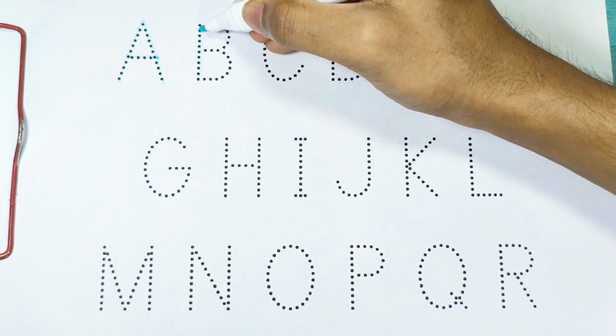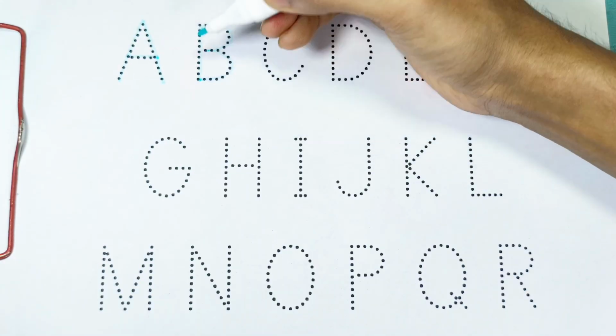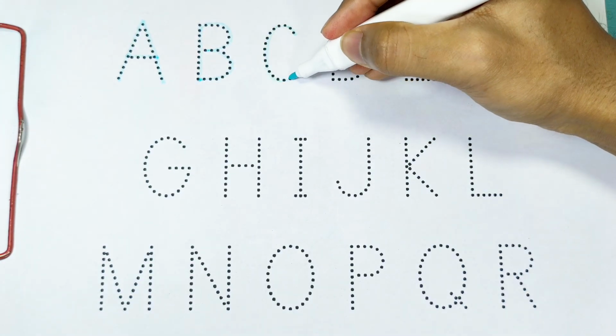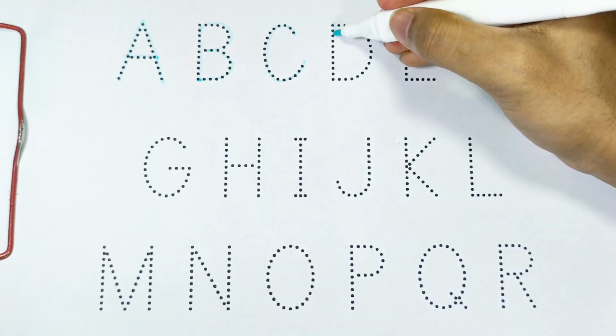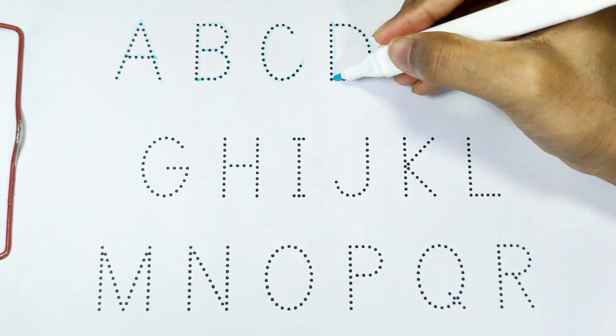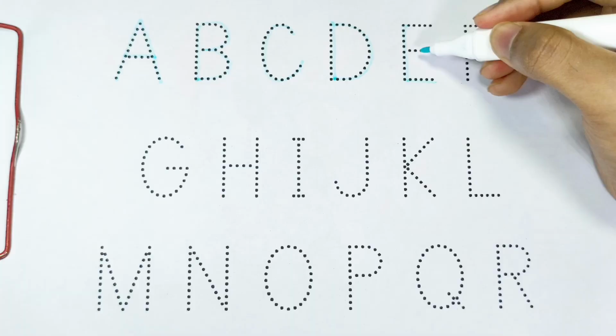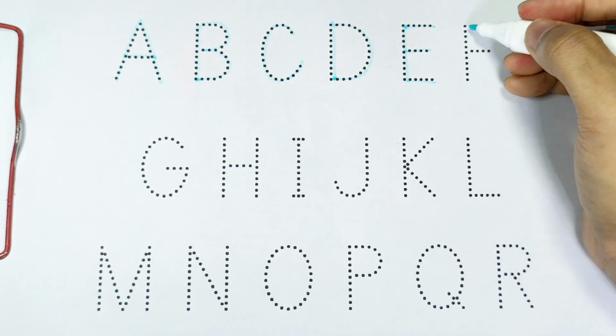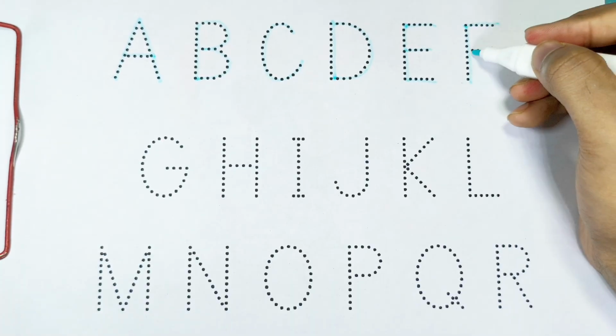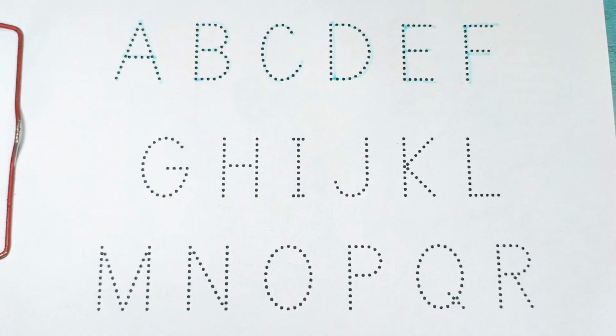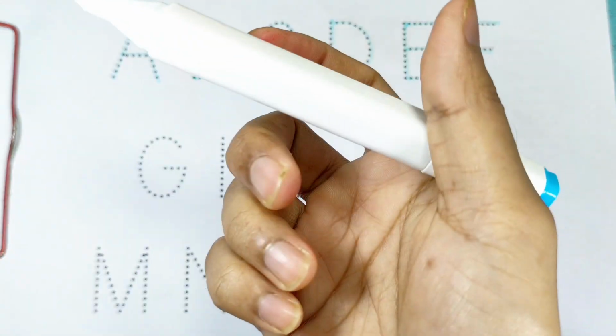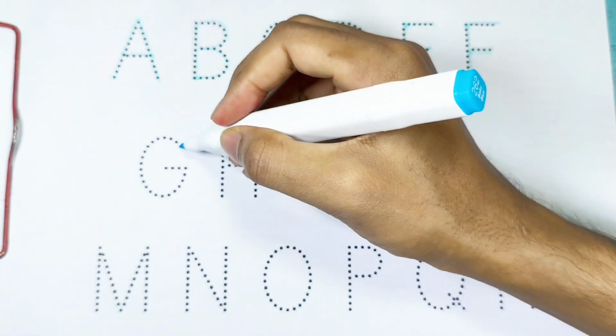A. The next one is B. Now we write the alphabet of C. The next one is D. Now we're writing the alphabet of E. E. The next one is F. F. F for fish. Now we're using the color of baby blue color, writing the alphabet of